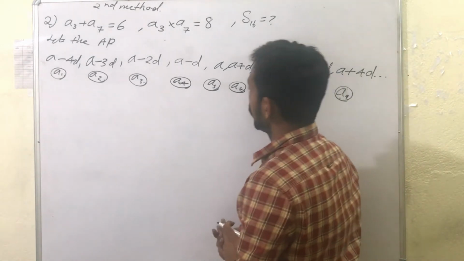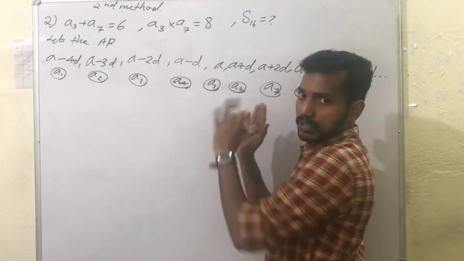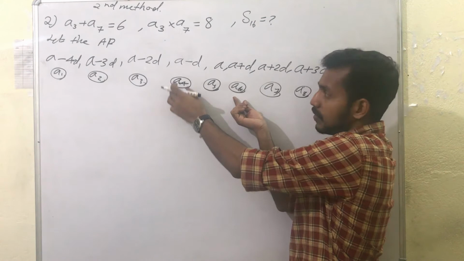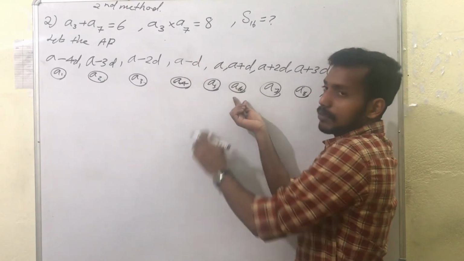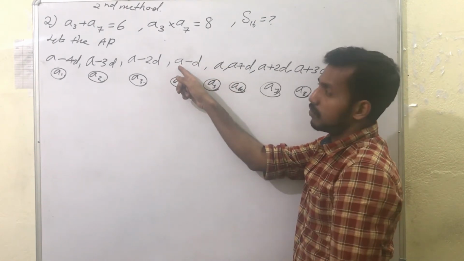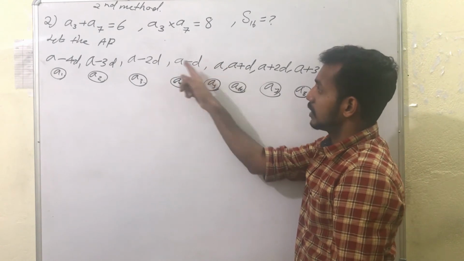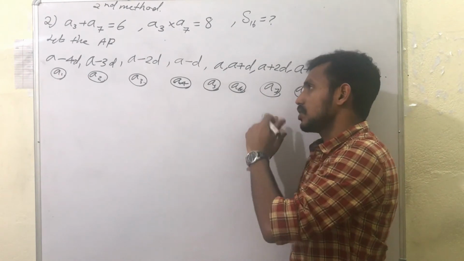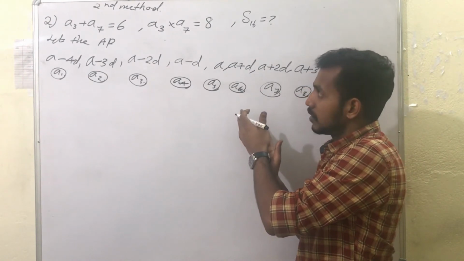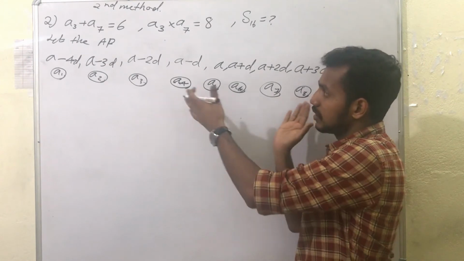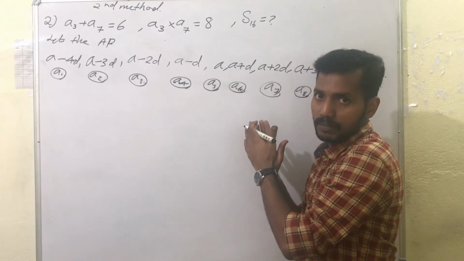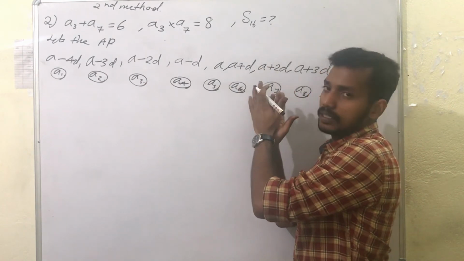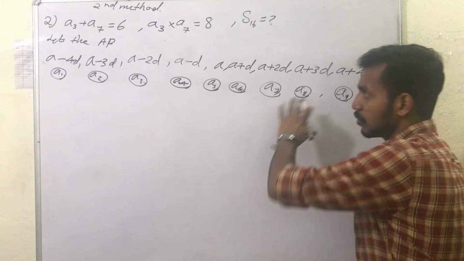So now you look here. Suppose in the question you are getting the sum of the fourth term and the sixth term is something. So when you add these, D will be eliminated. You will get an equation in one variable so that you can easily find the value of D. This is not only for this question. For all types of questions you can use this method. But for all questions, this method will not give a convenient way. There are some questions which you can solve with this method easily. Okay, so here I am going to explain that one.